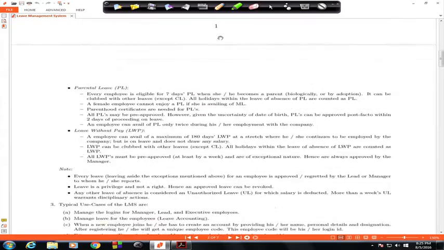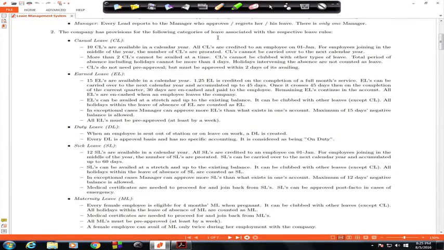Let me scroll up again. Suppose here let us read the leave. We are saying that CL cannot be carried forward, CLs cannot be clubbed. Then ELs can be carried forward, carried over. Then it says it can be clubbed. This says SL can be clubbed. So, if we look into these, clubbed as a responsibility will naturally go to the leave class, to the leave object,